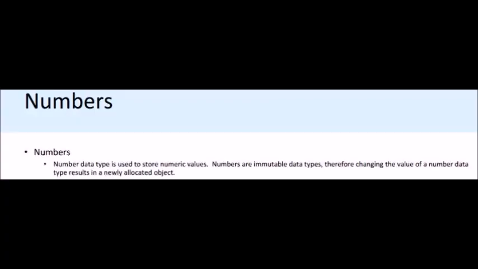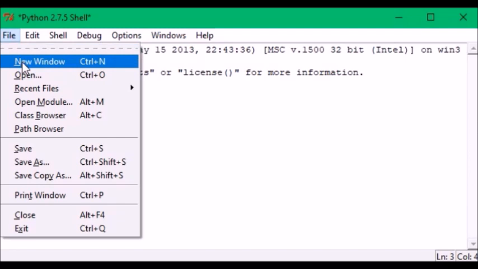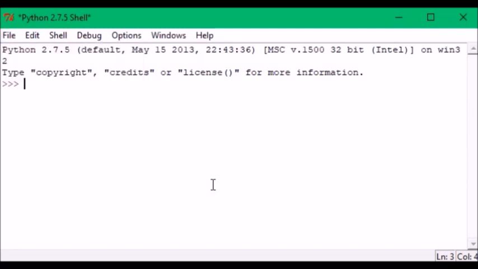So the first data type will be the numbers, and in numbers we are going to study how the numbers work and how we can see the programming. So I'll just give a live demo for the programming of Python. So let's see. Here the screen will be showing the Python 2.7.5 shell module. You can just type here and get the answer in the next line. You can program directly using file, then go for a new window and then you can do your own program, and after that you can run.